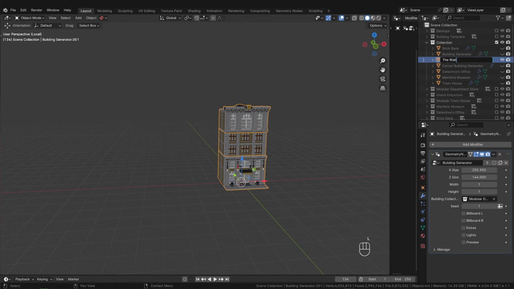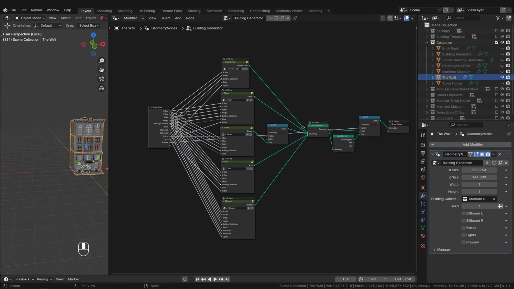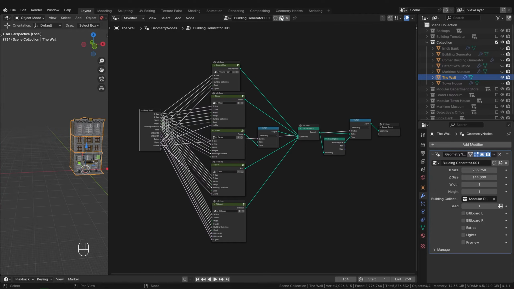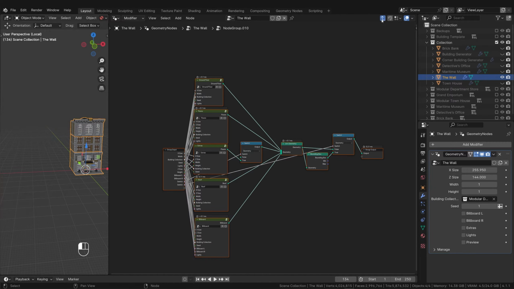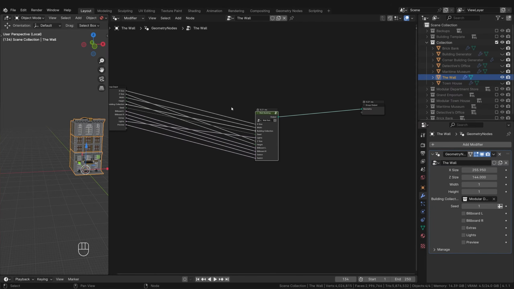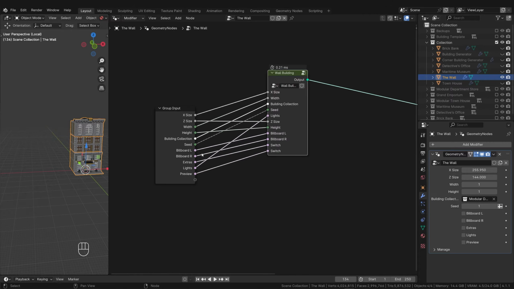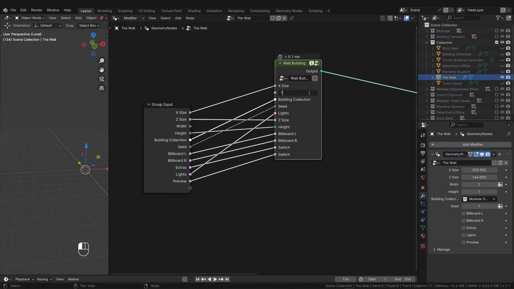The wall. Very important, we also create a new node group in the geometry nodes by copying the old one and calling it the wall. Similar to the corner buildings, we put everything in one group again. We can rename it, for example, in wall building. Again, we are changing the way we handle the width. So we break this connection here and make sure that the width value is set to 1.